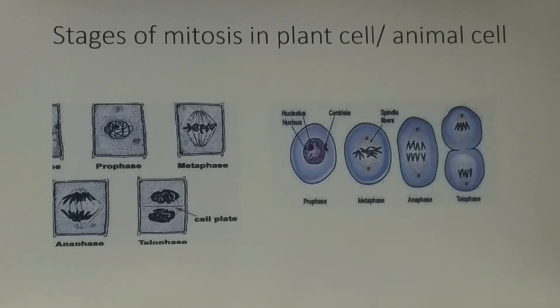Okay, now look at the anaphase. Again, there are only 4 chromosomes, that is because the centromere has split and the sister chromatids are being pulled to the opposite poles of the cell. So that is how you have to draw an animal cell having 4 chromosomes at the anaphase stage.